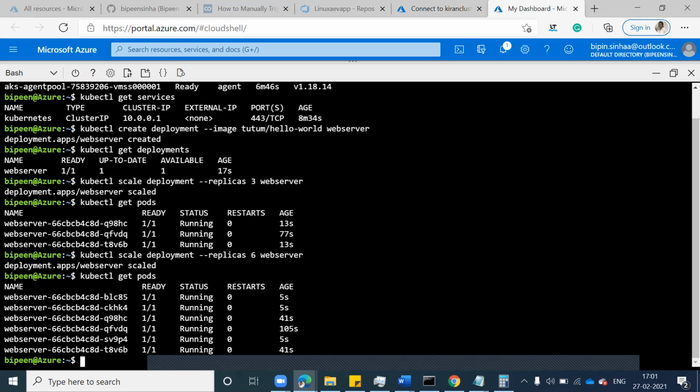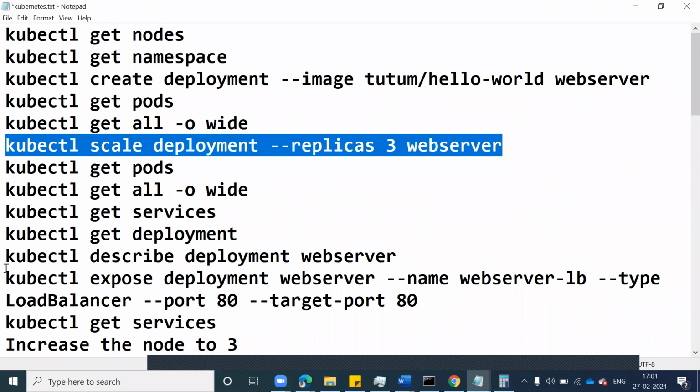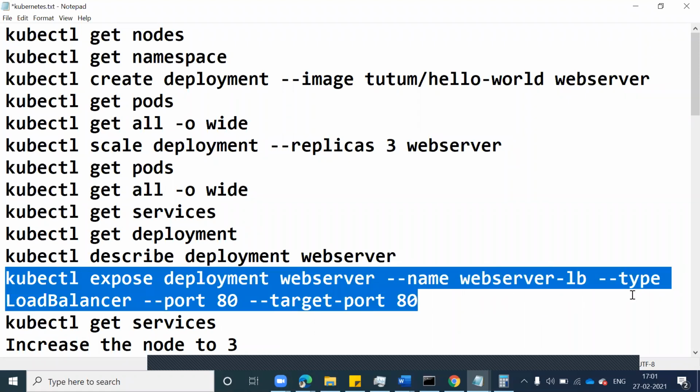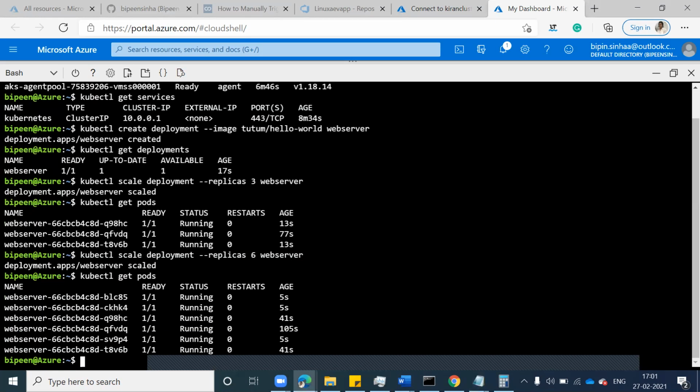Now I want to expose it to the outside world so that I can get access and run this website. So what do you have to use? Now you have to expose it. Just press Control C and paste it there.